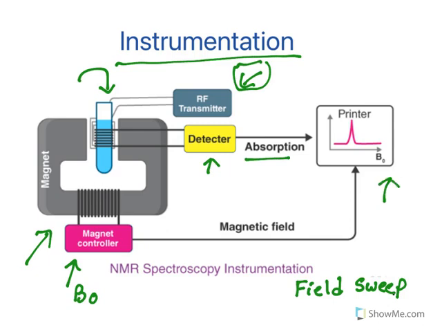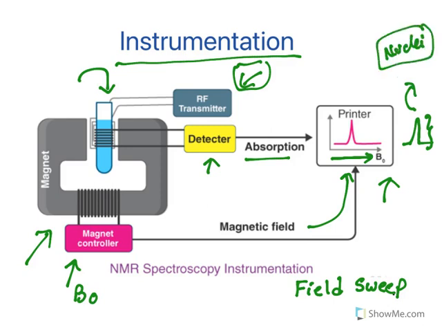So you can see here the magnetic field sweep is here. From low to high the magnetic field is given. Radio frequency is kept constant, and at some particular magnetic field the nucleus will precess and you will get a signal. So the area under this peak will tell you the number of nuclei that have flipped, that have absorbed radiation energy. So this is a very simple form of instrumentation. You need to know what all the parts are and how the principle works.